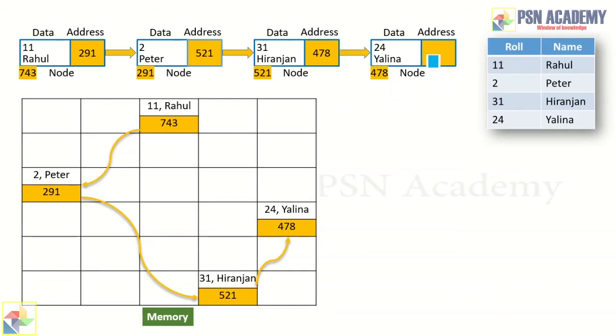Now the question is, after this fourth node here, the data is over. What will happen to the address part of this last node? Since there is no node hereafter, we put a null pointer that does not point to any address. Now, this is just a decoration, just like our electrical friends do to indicate grounding the wire. It has nothing to do with the grounding thing in data structure, right? Okay, this is just a decoration.